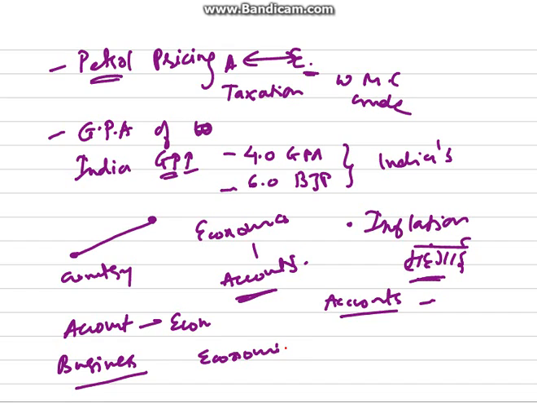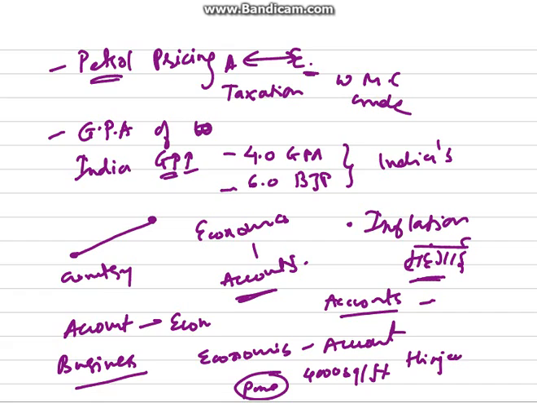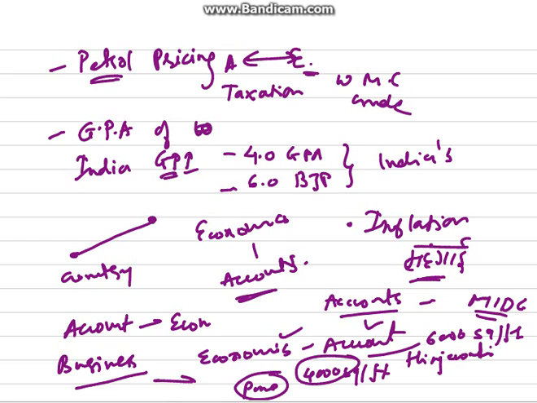Now I'll tell you how. For example, if the company has to purchase land, say in Pune city, right? Now the rate is 4000 rupees per square foot, say in the Hinjawadi area. And there is a possibility that an MIDC would be set up in this area, and the land prices, which are at 4000 rupees per square foot, might go to 6000 rupees per square foot. So by calculating with the help of accounting and economics, the business succeeds. So economics and accounts people have always gone hand in hand in order to relate this.